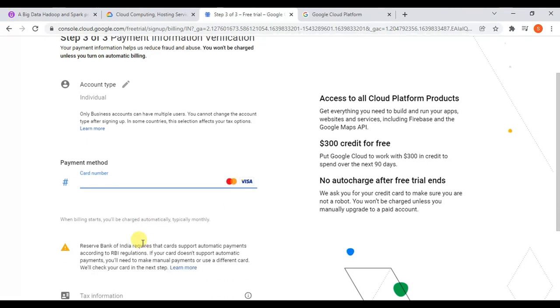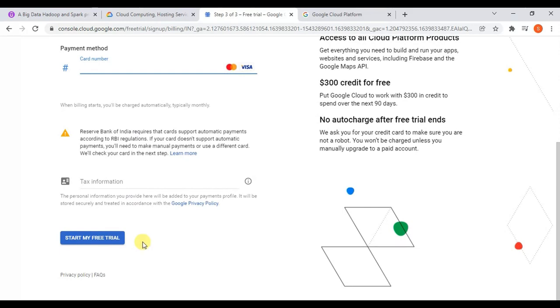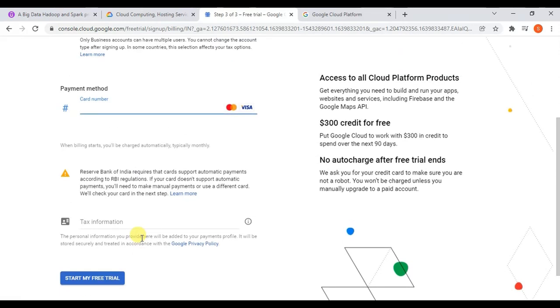You have to provide your credit card number and other details shown here. After completing this 90-day trial period, you won't be charged automatically. You may get an email stating that you can upgrade, and if you are interested, you can upgrade by paying the standard amount shown on our website.